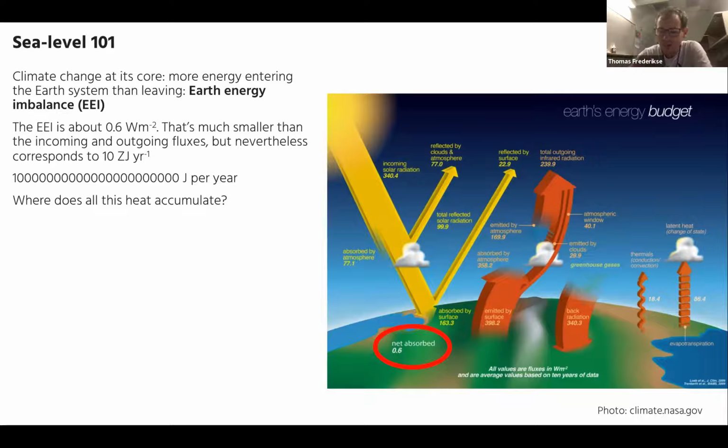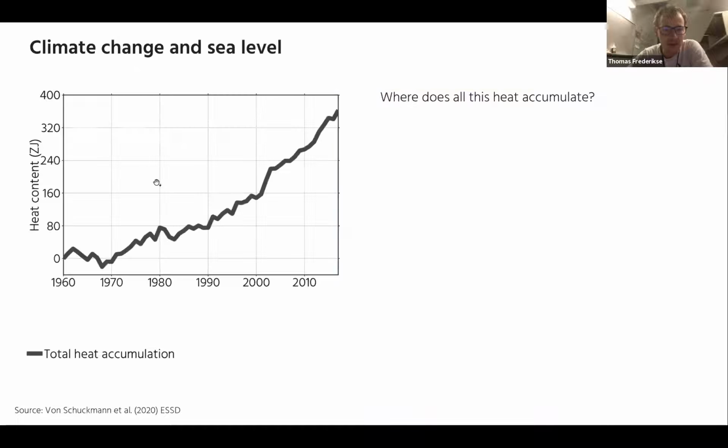But where does all this heat go? Because that's important to understand for sea level. This is an estimate of the total. In this graph, you see the total heat accumulation over the last 50 years, estimated by Karina von Schuckmann and colleagues last year. And you can see that it's rising, that over the last 50 years, the Earth has accumulated more than 300